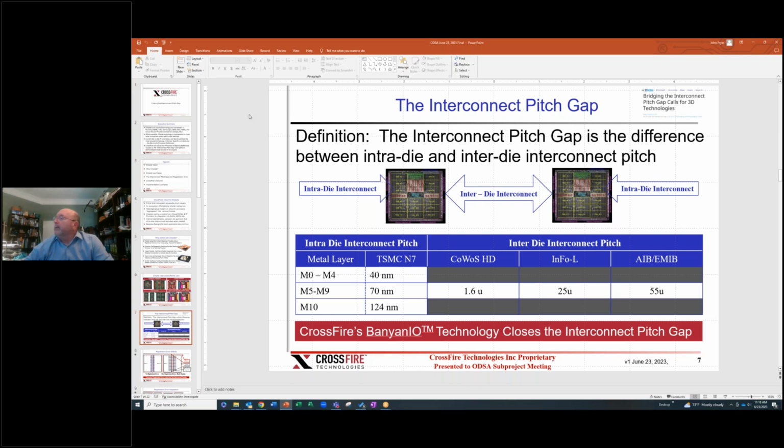And AIB, a 2-micron trace and space is a typical implementation that we've seen. CoWoS HD, I'm not sure what that is, but this is the actual pitch, which is the spacing in between bumps or pads in an array. Thank you. Also, can you share, if you know or if it's public information, the number of layers,